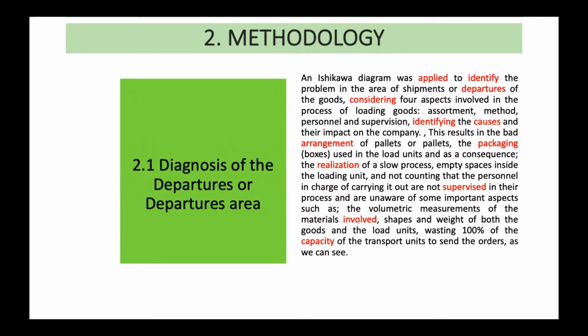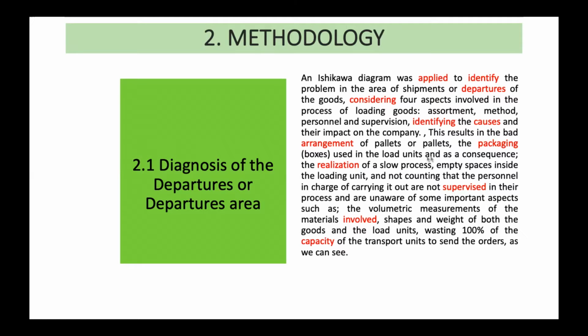Diagnosis of the purchase area. An Ishikawa diagram was applied to identify the problem in the shipments area of the goods, considering four aspects involved in the process of loading goods: assortment, method, personnel and supervision, identifying the causes and their impact on the company. This resulted in the bad arrangement of pallets and the boxes used on the load unit,